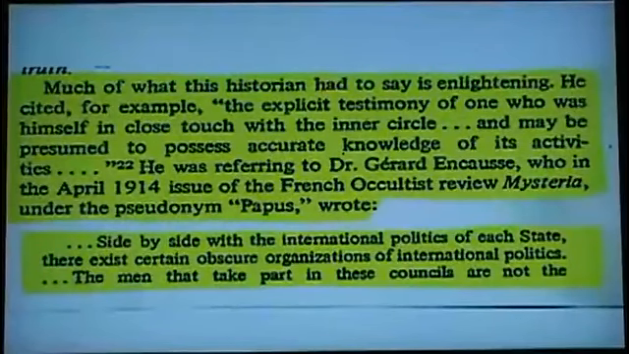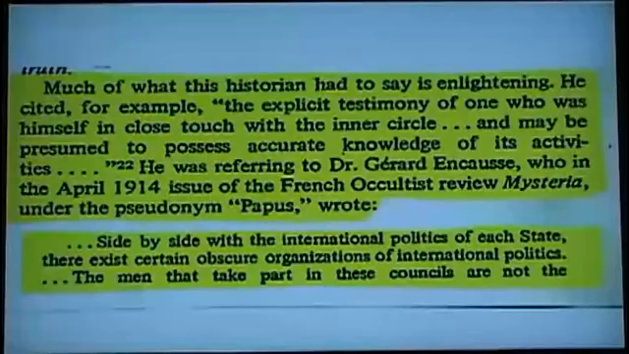He cites, for example, the explicit testimony of one who was himself in close touch with the inner circle of this secret society and possessed knowledge of it. He was referring to a doctor who, in April of 1914, wrote in an issue of the French occultist magazine Mystica, under the pseudonym of Papus. This doctor, a member of this French occultist society, wrote in the Mystica magazine, he said, quote, "Side by side